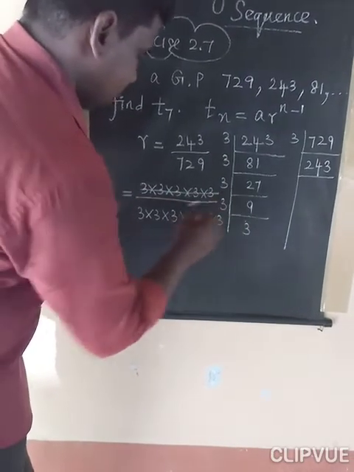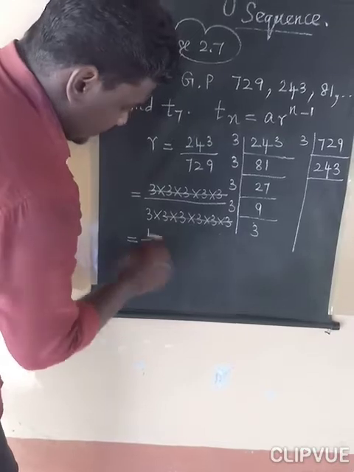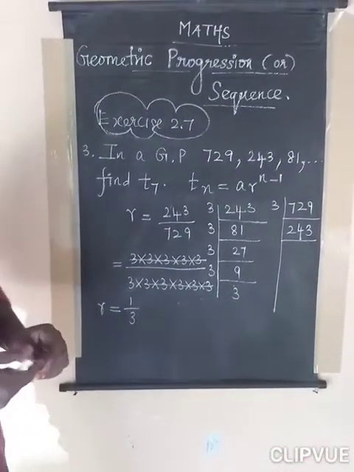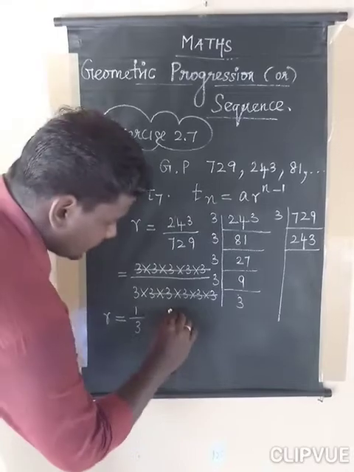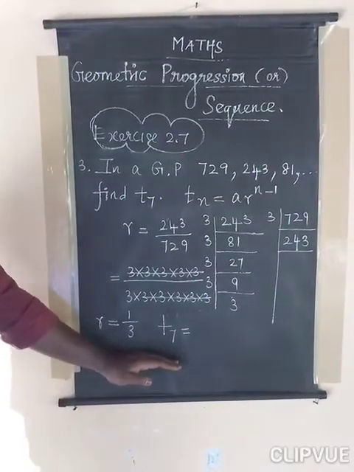This 5 times will be cancelled. So finally we got the answer 1 by 3. So common ratio R is equal to 1 by 3. So instead of Tn, I am going to take T7. 7th term is equal to